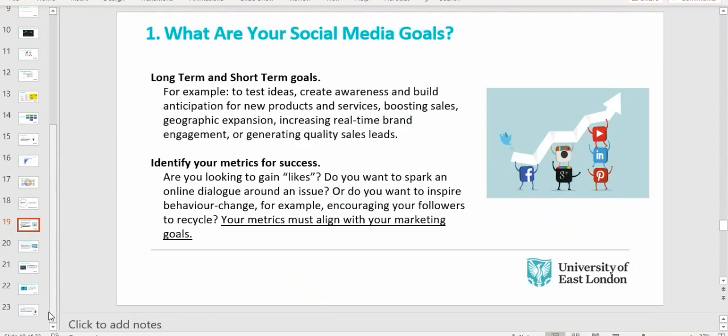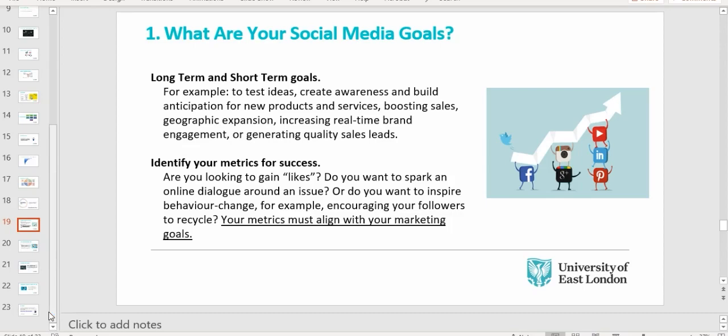So what are your social media goals? Whenever I'm talking to my friends who have a business, I always say to them, do you know what it is you want to achieve by engaging with your consumers through social media? First of all, you have to understand which social media network would be suitable for you, whether it's going to be LinkedIn, Twitter, YouTube, and so on. But the most important thing, what is it you want to achieve? Are you after creating an awareness about the new program, for example, okay? Or do you want to increase the conversion rate? Or do you want them to actually click on your advert and come to your website, okay?